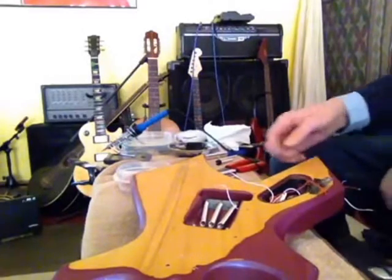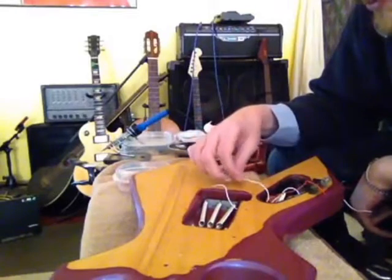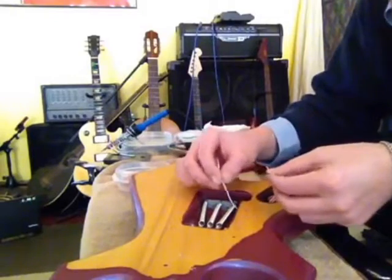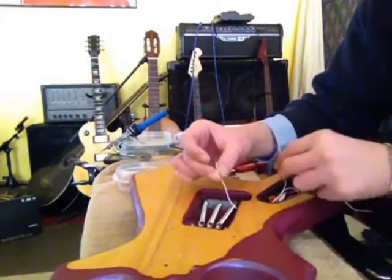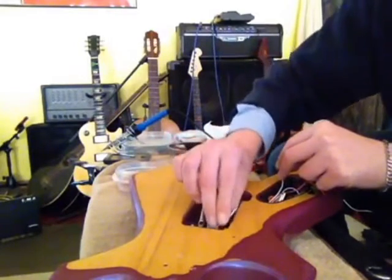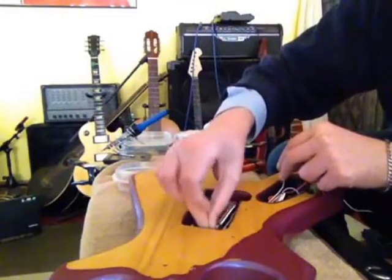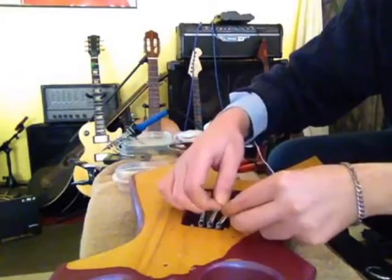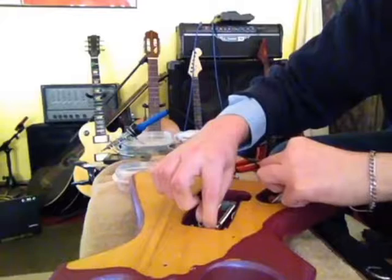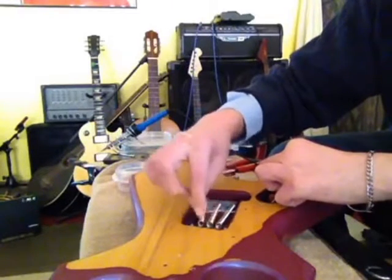Alright, so we've got our pots and our switch back in its case here. We've got the pickups hooked up and soldered to the volume knob, the volume pot. We ran a ground wire, see this here, through this little cavity. What we're going to do is just attach it right to the top of the trem. This little claw that's on the tremolo. We're going to attach it right to that, and then to our grounded pot, so that we ground not just